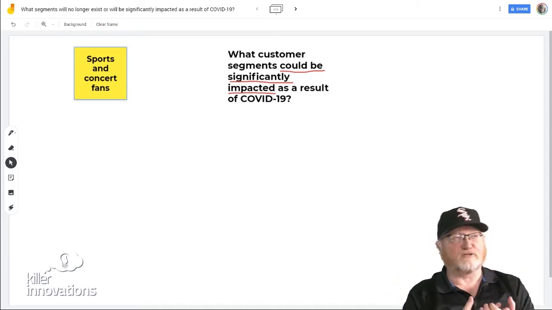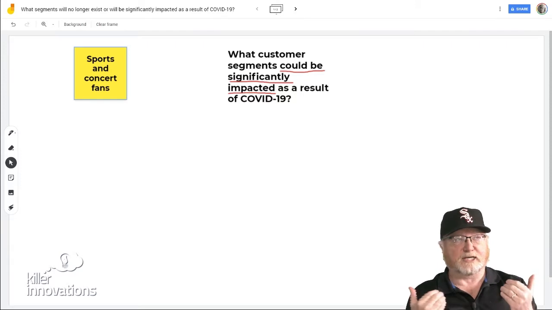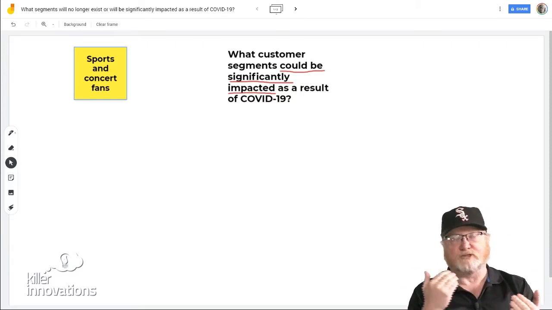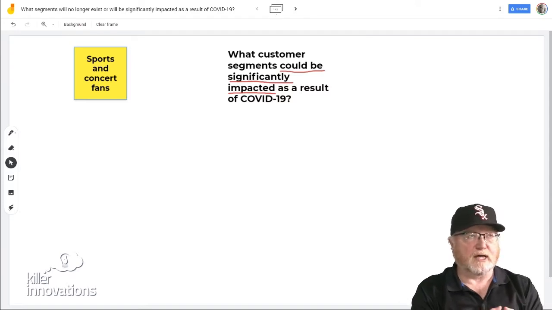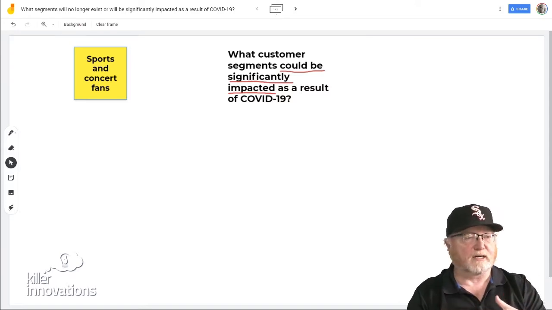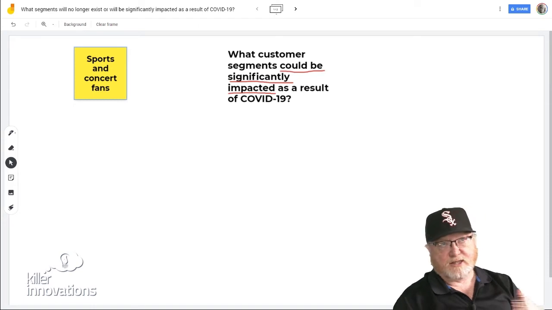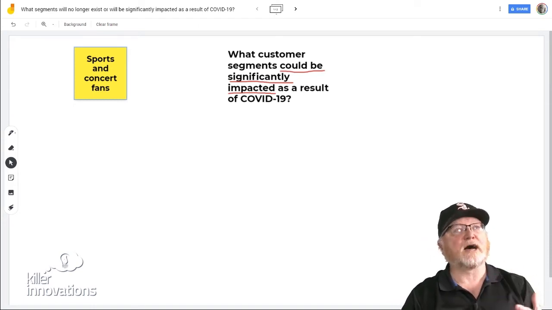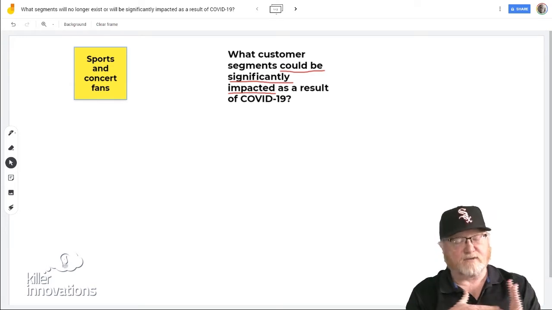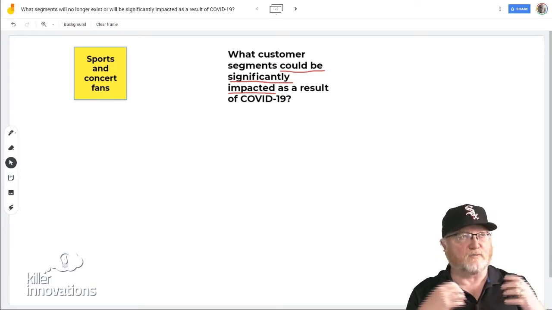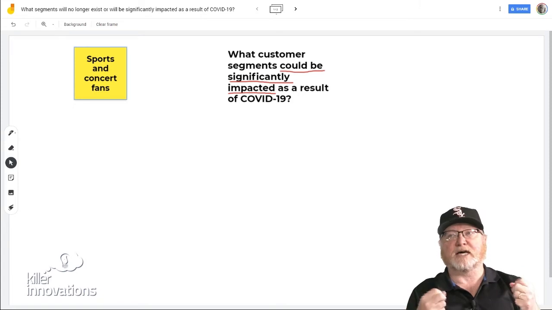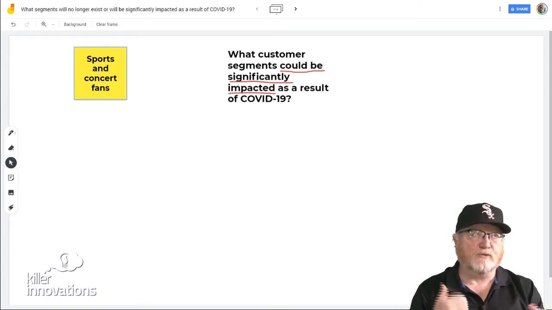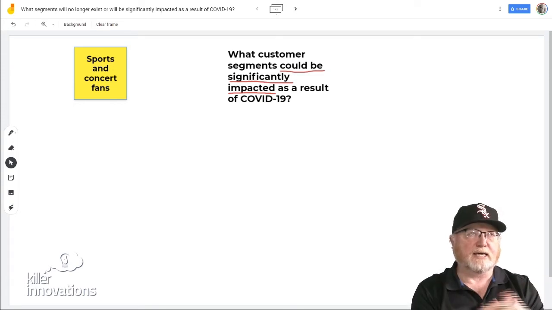They like going to live sports events. So these are not the people who are sitting on the couch, but they go into music venues. They're going to stadiums. They're going to these outdoor concerts, those types. Those are segments that are going to be significantly impacted. They thrive off of this social experience, this getting people together. Let's face it, with COVID-19, I'm not quite sure people are going to be wanting to run back and get into crowds.